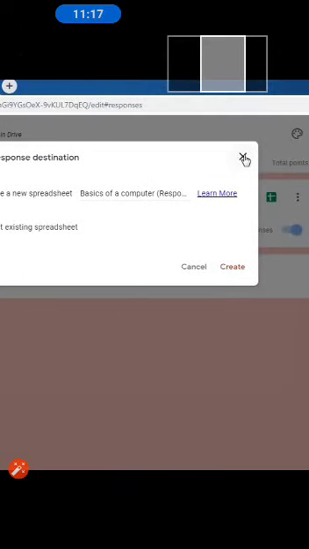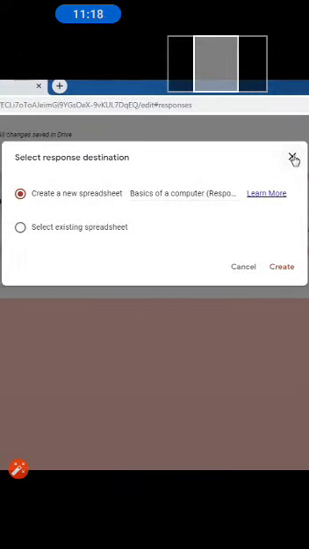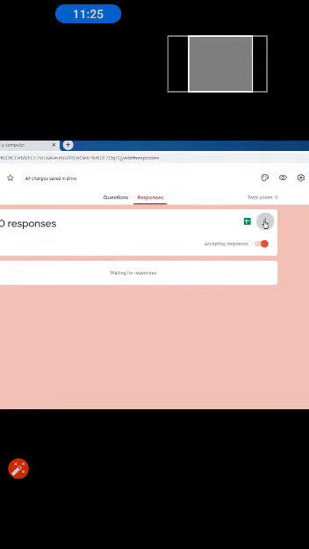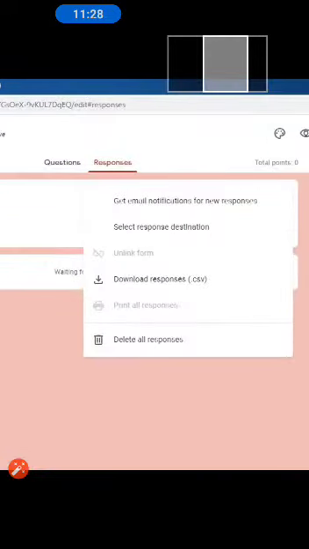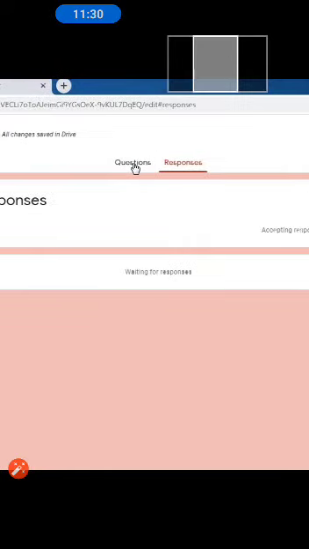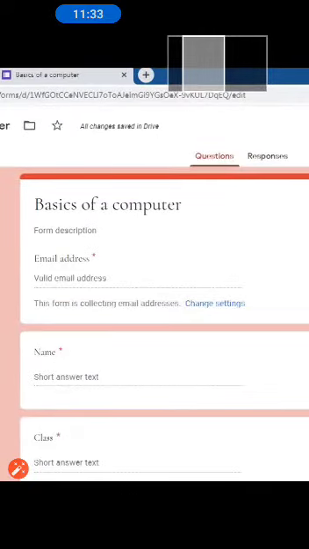The same thing happens when we click on the green button. Again, the student response can be stored in an Excel file. These are the other basically notifications you can get. We again come back to the question section. We see that the student can now give a valid email address here. This has basically come from the settings section. When we had gone to the settings section, out there basically we have chosen collect email addresses. So from here this has come. Now the student's email address will also get recorded.